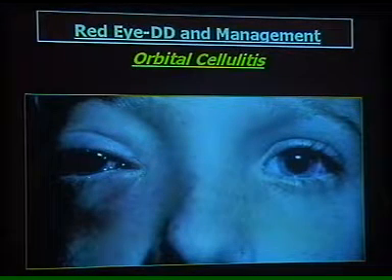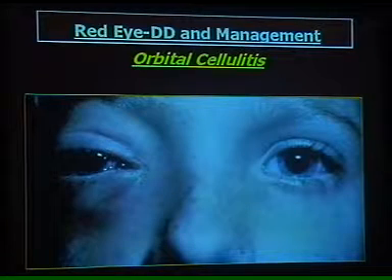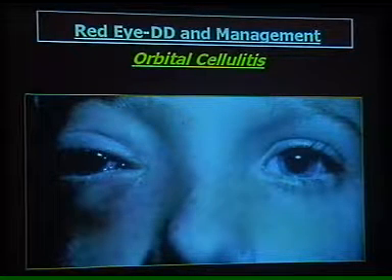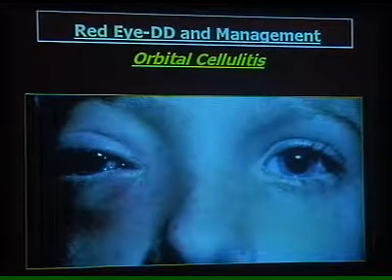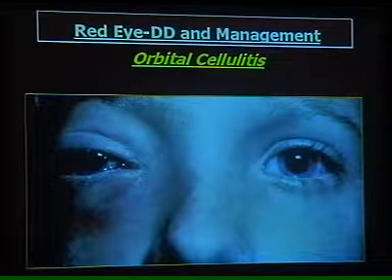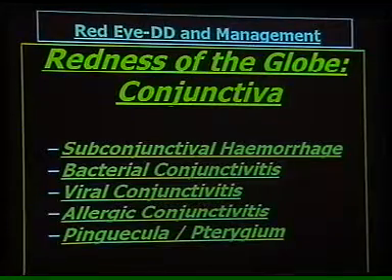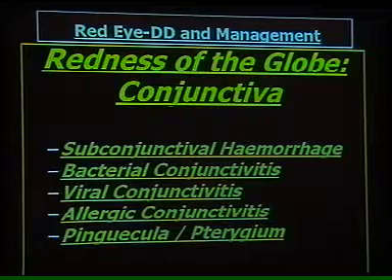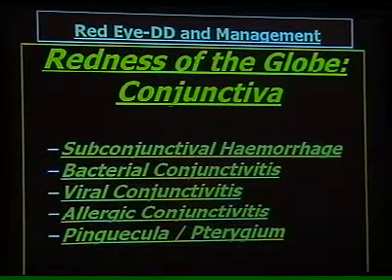The reason is that the communication between the vessels here and the brain is hardly, there's hardly any distance and barriers, and inflammation can travel inside the brain and it can cause very devastating complications. Now if we restrict ourselves to the redness of the globe,